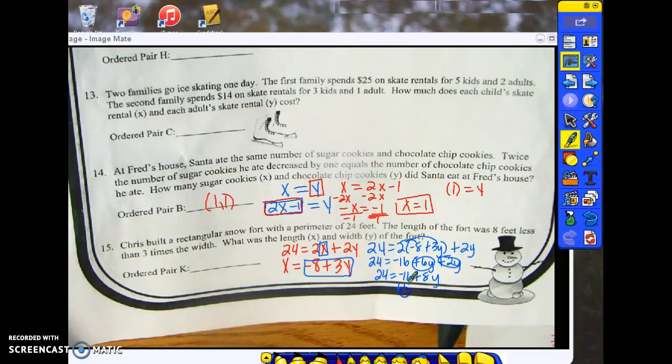Add 16 to both sides. 24 plus 16 is 40. And when I divide by 8, I get y is 5. Plug that back in for y. 3 times 5 is 15. -8 plus 15 is 7. So you should have 7, 5. Go to the right 7, up 5, and when you graph that, you connect all your